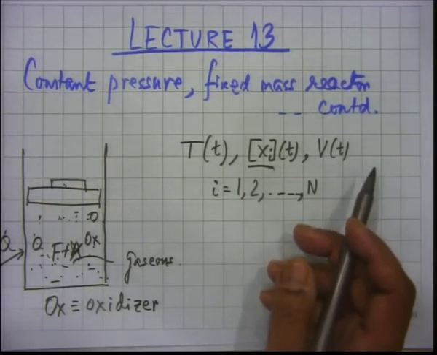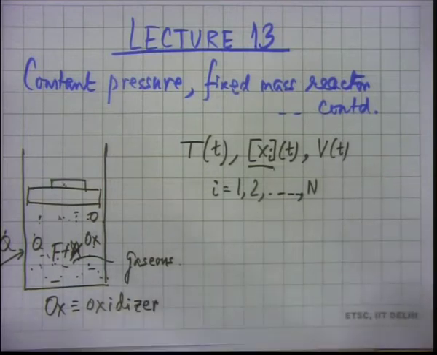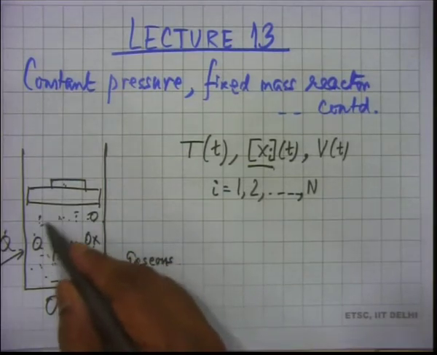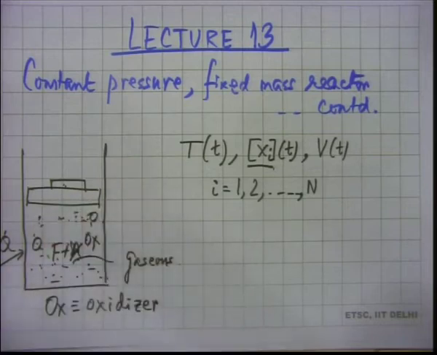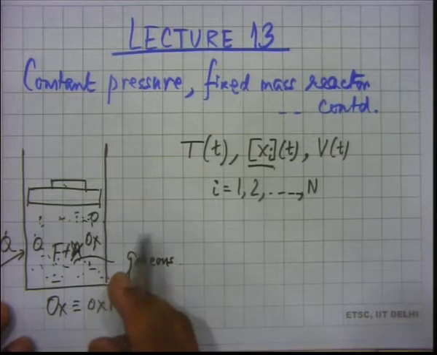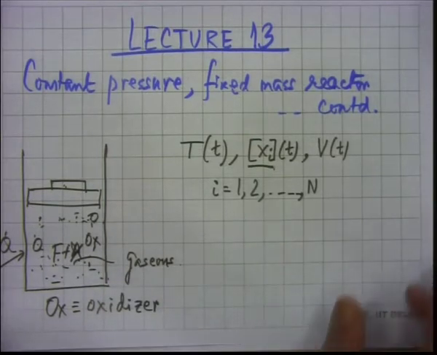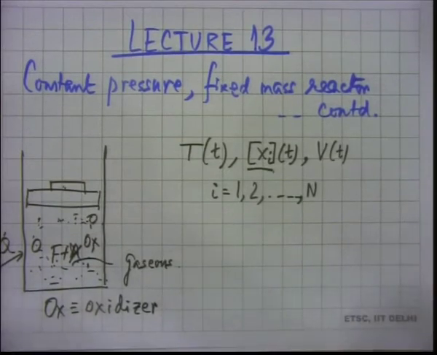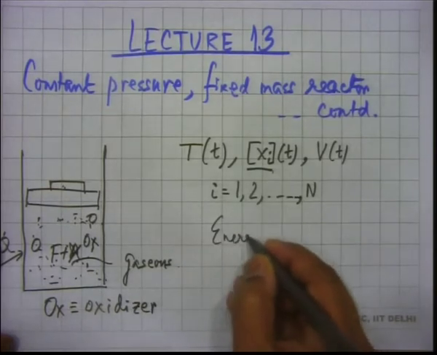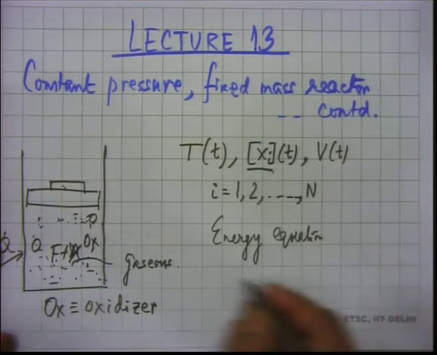So, we need equations, we also need initial conditions. This problem requires initial conditions. The initial conditions are in your hands, you know. So, you know the concentrations of fuel and oxidizer at various parts, all uniform at time t equal to 0. You also know the initial temperature, you know the initial volume, you know the initial pressure. Initial pressure is the same as the final pressure, pressure does not change. Okay. So, for all this we thought about developing some equations, and the first equation which was the easiest to think of was the energy equation. So, energy equation means the first law of thermodynamics, and that is what we did yesterday.